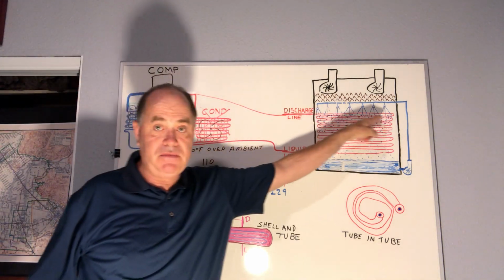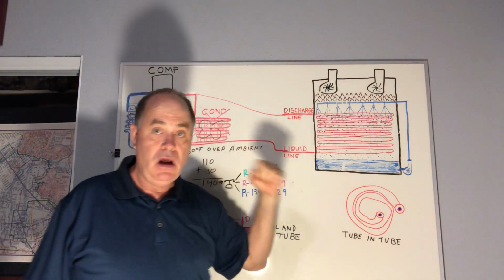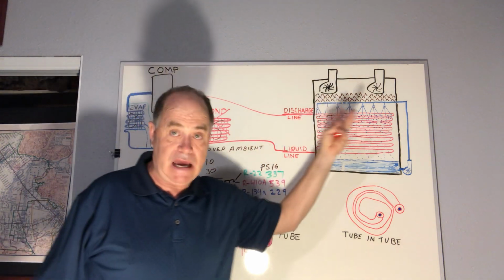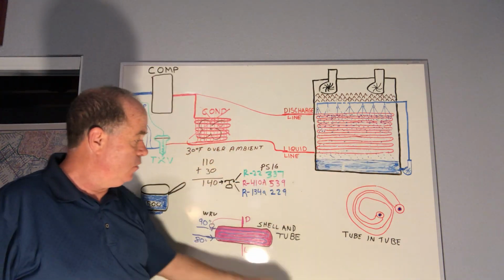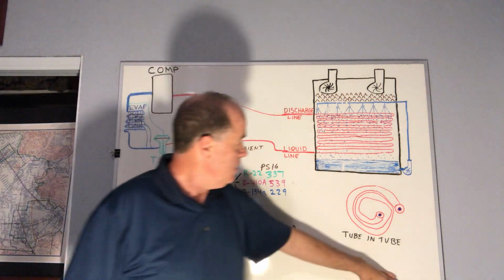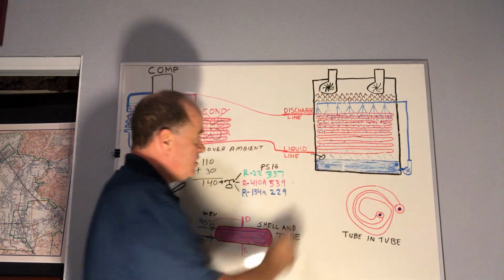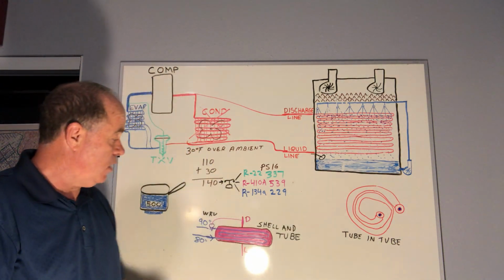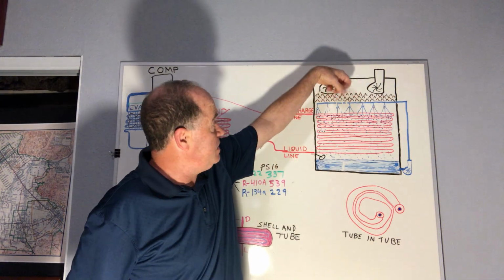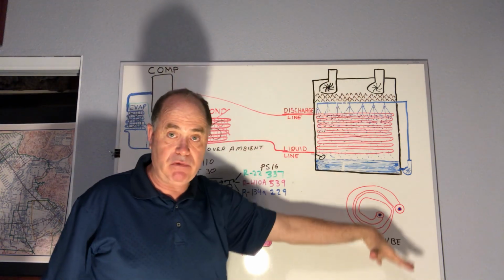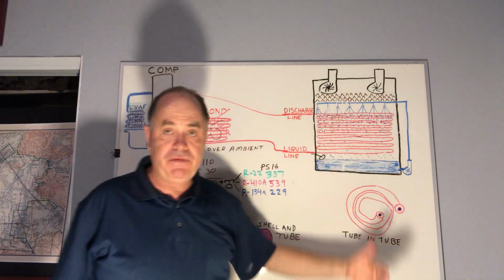And then the discharge line comes in here, and it travels through, and they actually have these handhole covers that you can open up and look in there at the condenser tubes themselves. And then you have this basin of water, and the water is filling up the bottom, and there's a float valve that brings in the water and maintains a constant level of water as water evaporates. And then you have a pump here that sucks the water off the bottom and brings it up to these spray heads that mist the condenser to get rid of the heat. And as the water flows over it, it cools off the condenser